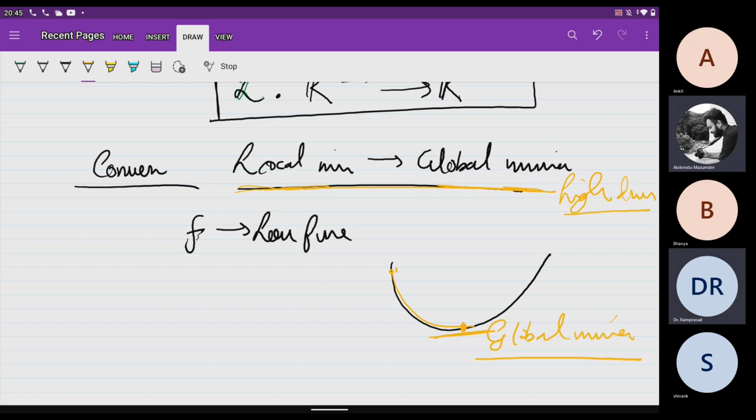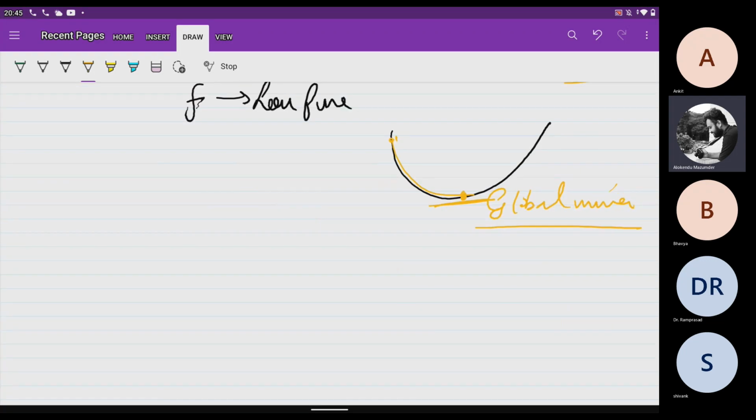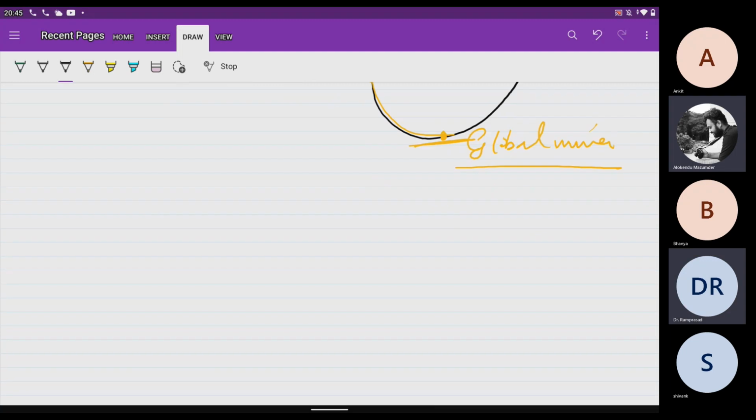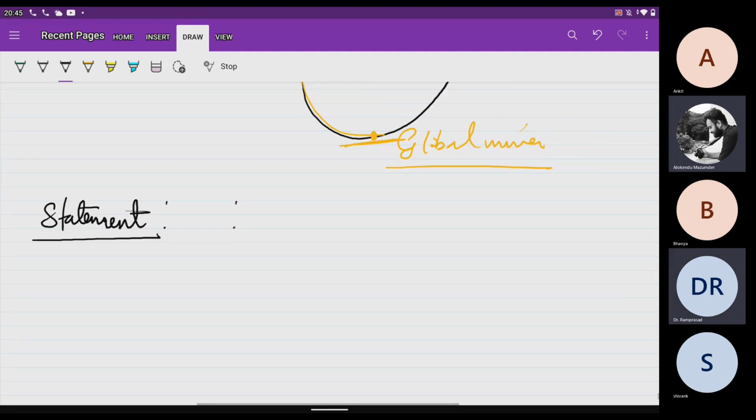So this was the motivation, and we are going to prove it. Let's write the statement. If f(x) is a